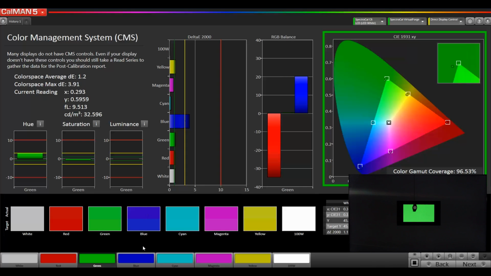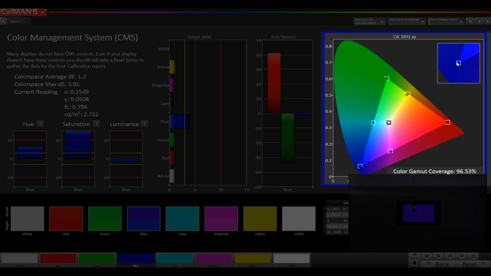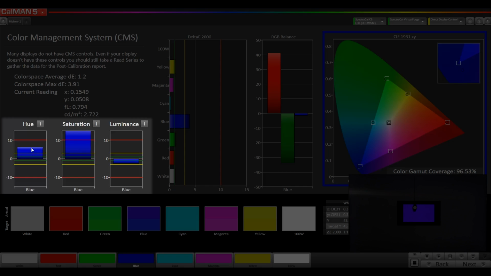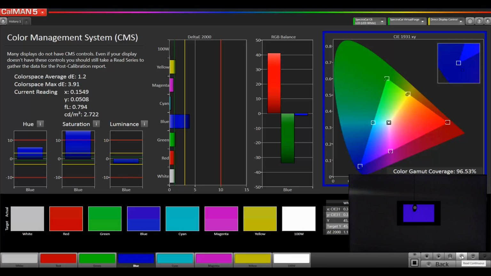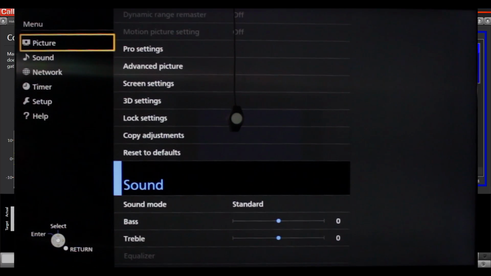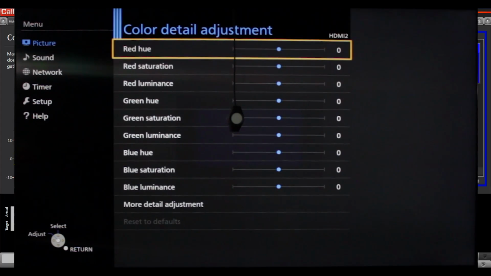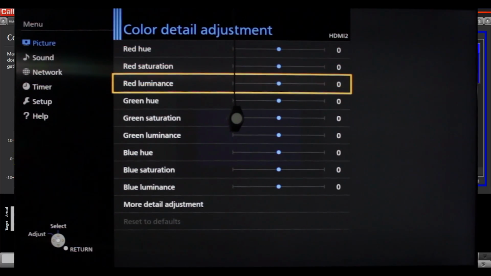So to do that, I'm going to select the blue patch. It's going to push it out to my display. I can see, yep, sure enough, I've got a hue shift. I'm also oversaturated. So I've got a hue shift, I'm oversaturated, I'm a little under in my luminance. So first thing I'm going to do is focus on the biggest problem, which is the saturation. And I'll select blue. I'm going to get my mouse hovering over the continuous read. Before I click that, I'm going to go to my menu system and find the CMS controls, if it has them. So I'm going to go Pro Settings, Color Detail Adjustment, and sure enough, looks like I have these controls. And I'm going to find blue